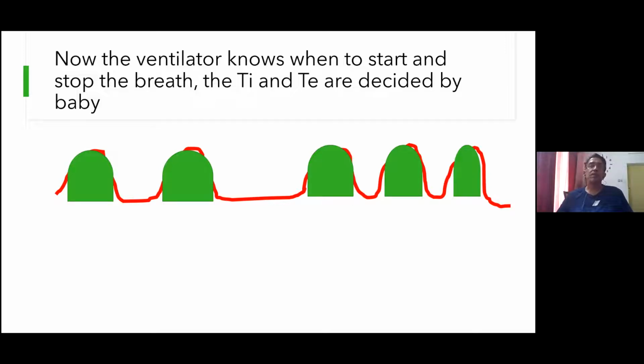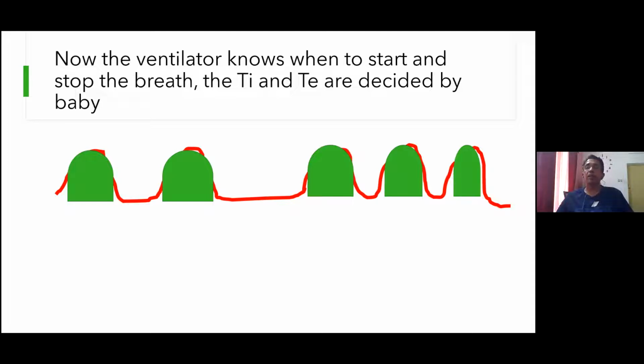here you can see that the inspiratory time is different in each breath to match the expiratory time and inspiratory time of the baby. So if baby breathes a deep sigh like that, then the ventilator would also give a long breath. If the baby breathes panting, then the ventilator will give 3 small breaths. Each of them would start with the baby and stop with the baby. So in this case, fighting will be very, very less. So this is a very good mode of ventilation.